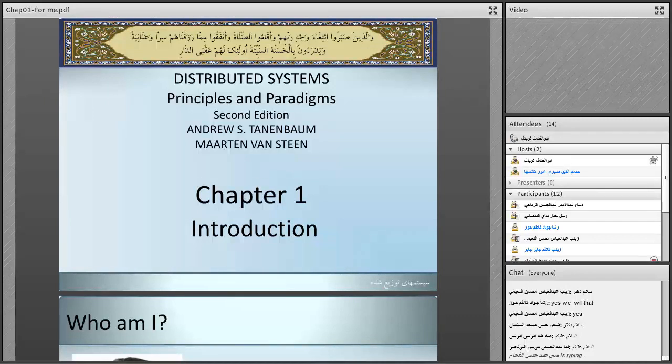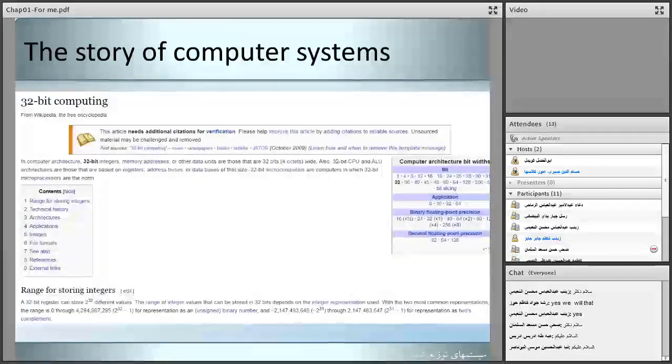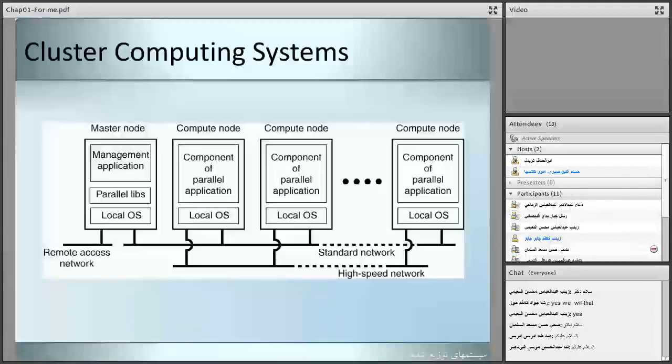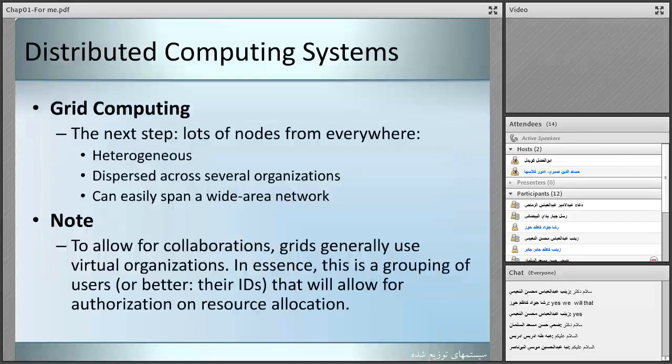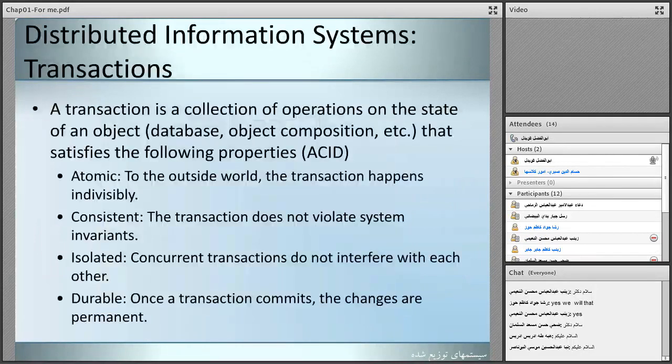Yes, it's the file. So let me slide. Yes, cluster computing, we talked about it a lot. And also grid computing, the architecture of the grid. And now, the other one